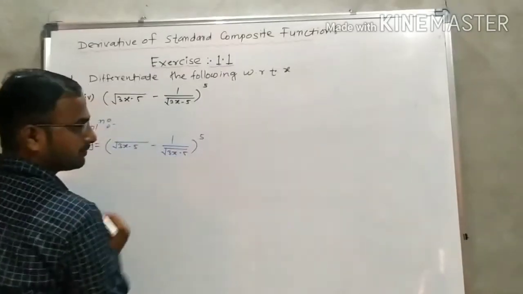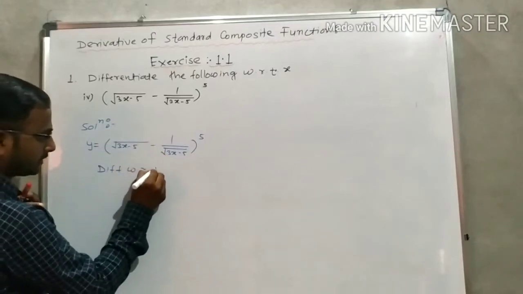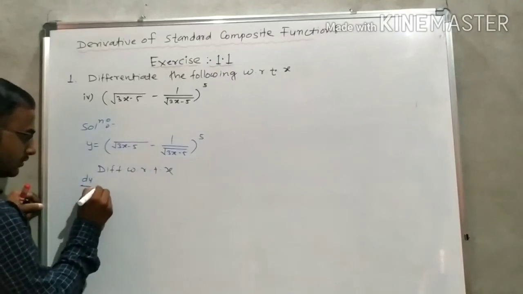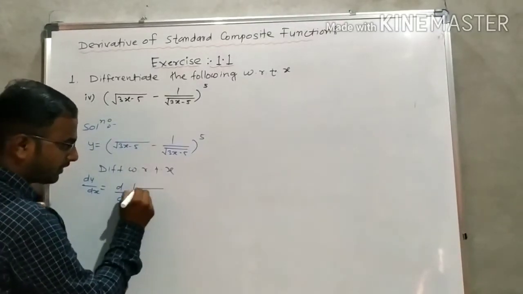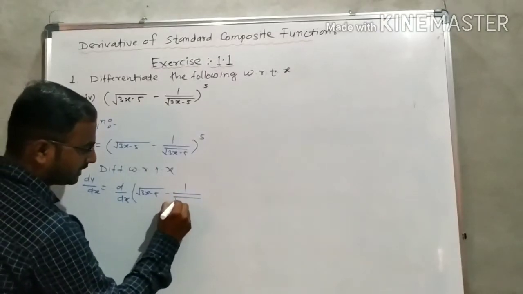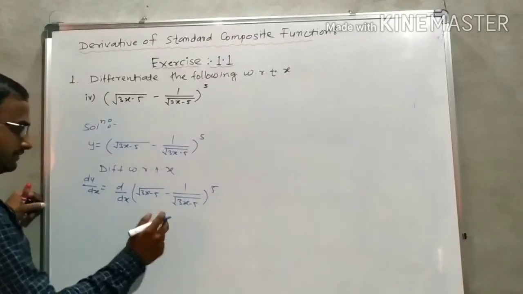So y equals the bracket of square root of 3x minus 5 minus 1 upon square root of 3x minus 5, bracket to the power 5. So now differentiate with respect to x. So dy by dx is equal to the derivative of this term, the square root of 3x minus 5 minus 1 upon square root of 3x minus 5 to the power 5. So f of x to the power 5, by using the derivative rule,